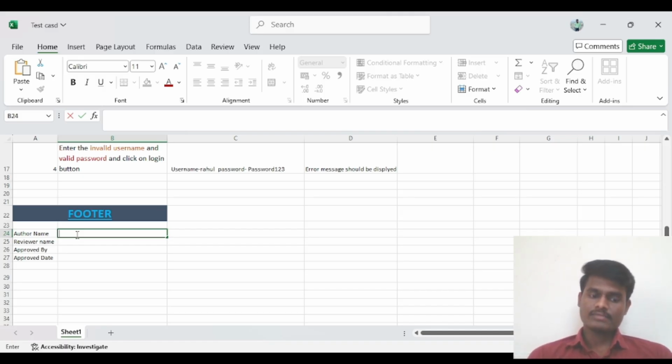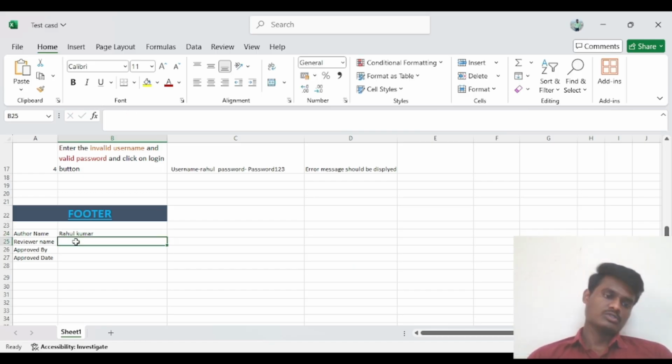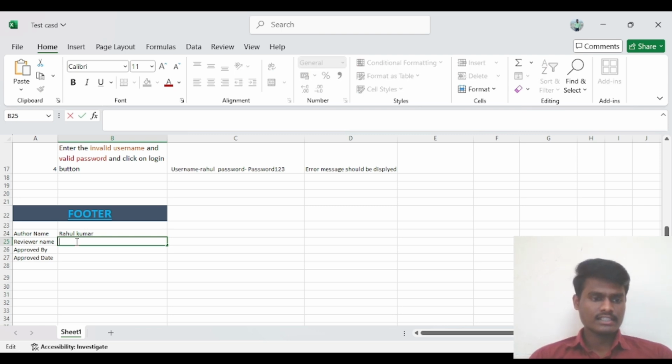You have to write that person's name only. And in the reviewer name, the person who is going to review this test case, that person's name only has to be written here.